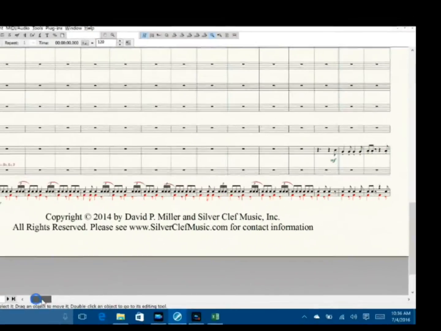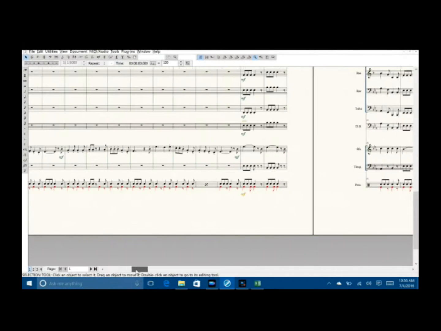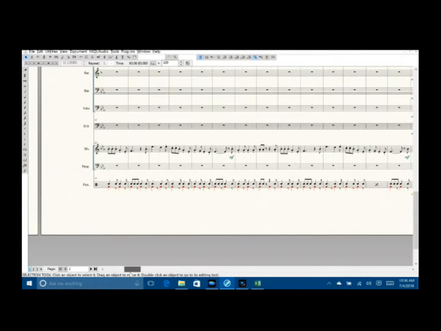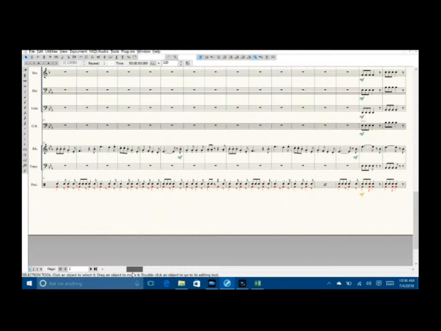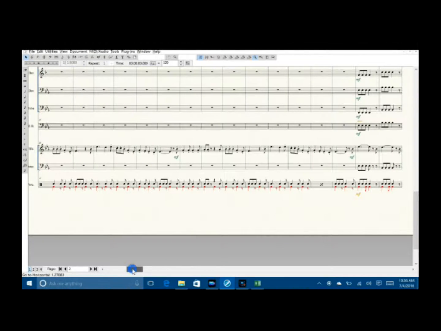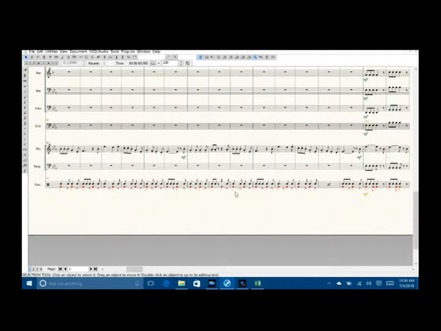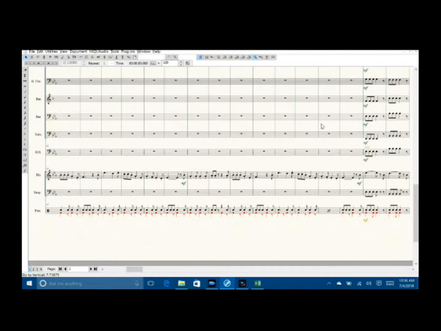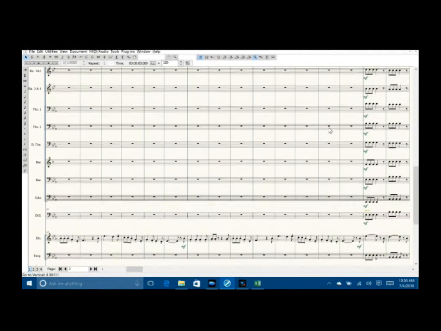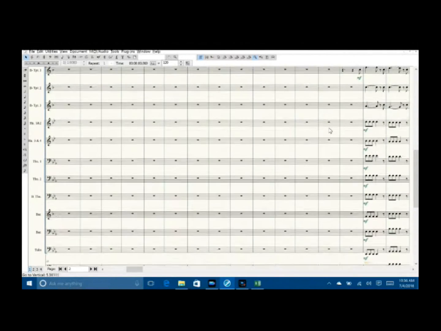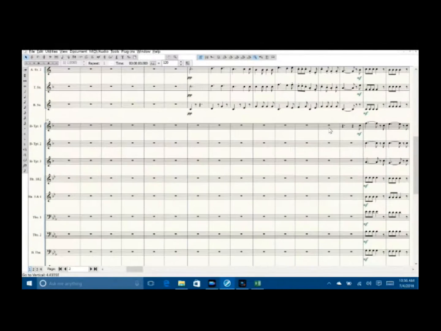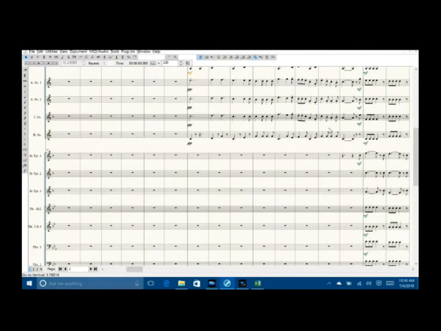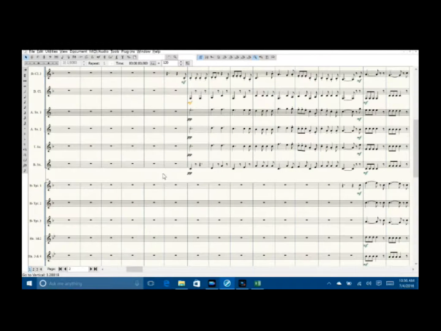All right, I'm going to drag the bottom scroll bar to the right so I can get to page 2. There's page 2. All right, now I'm just looking over, following with my cursor here. There we go. Looking good, looking good. Arco looks good there. We have all the band coming in the last 2 measures, so that's really all I need to look at. Okay, we've got the woodwinds coming in right about the middle of the page. This is not going to be a problem.